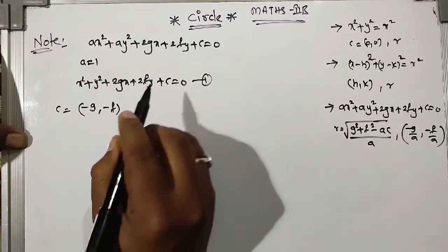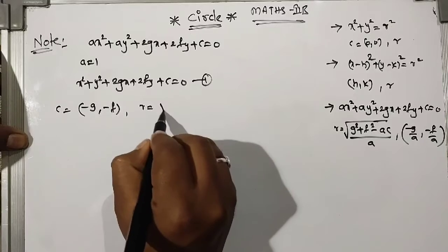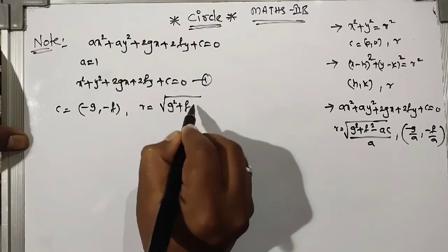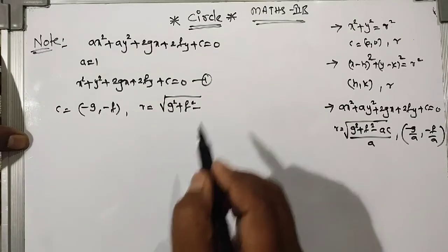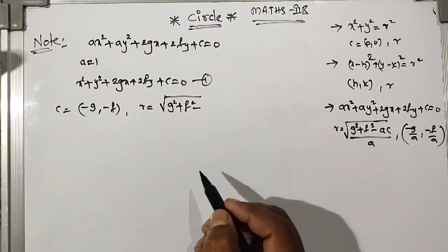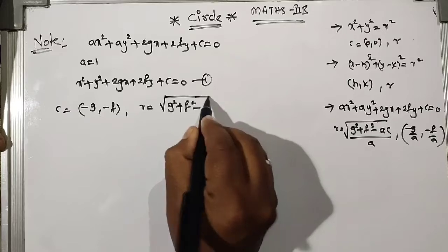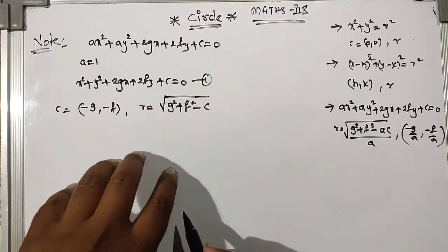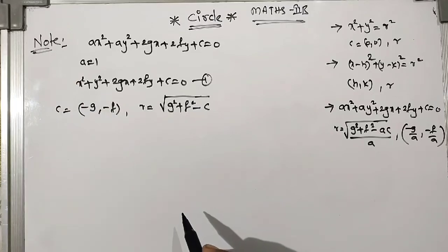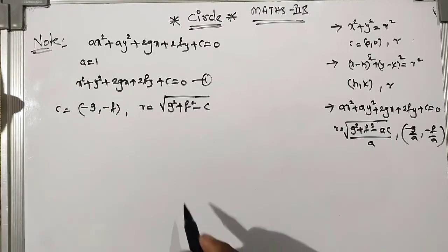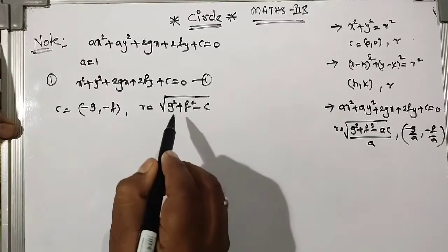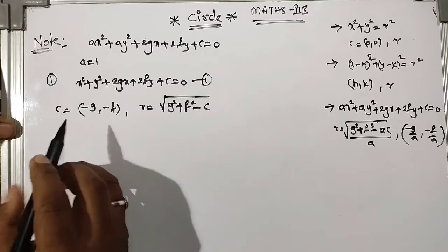And the radius r is equal to under root of g square plus f square minus c. Since a is equal to 1, we can write it directly, and as a is 1 we need not write it. We can use this formula when the a value is 1. So this is the formula, and this is the first key point, the first note here: this is the center, this is the radius. So number 2,